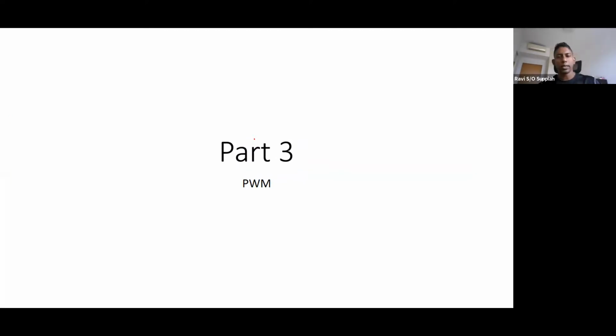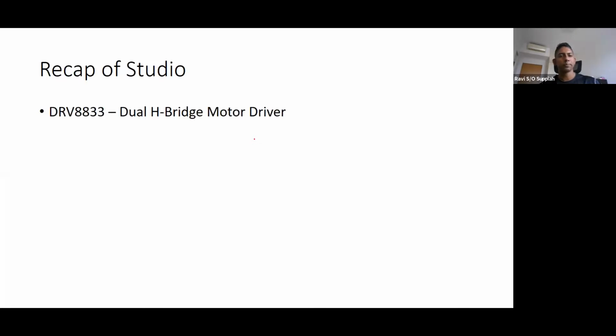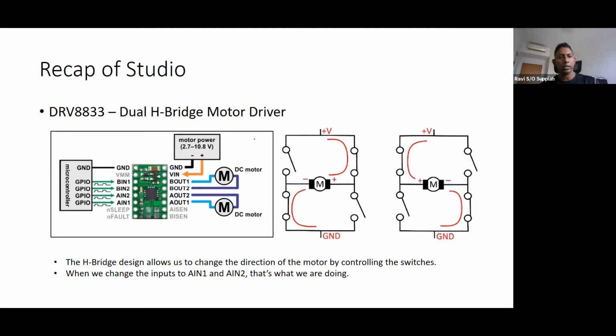So let me just go on to the last part here on PWM. For the PWM, you basically use the DRV8833 H-bridge motor driver. This H-bridge motor driver, you have used something similar in EPP1, where you're driving the motors, but that was a single IC chip, and then we actually connected up.